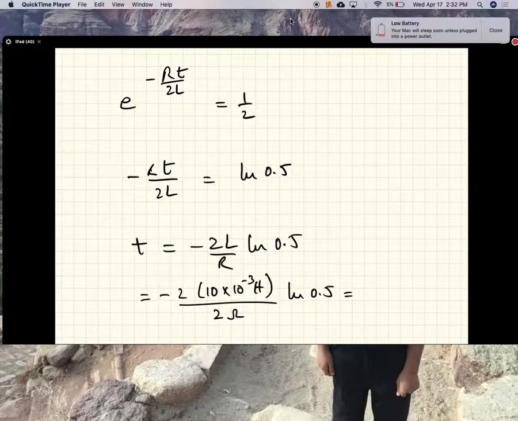That gives 6.9 times 10 to the minus 3 seconds, 6.9 milliseconds. So after 7 milliseconds, the oscillation amplitude has died to half its value. And on that note, we